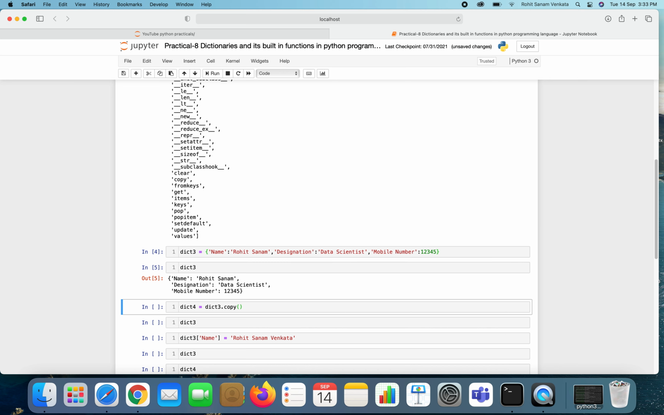In Python there are two different types of copies: one is a shallow copy and another is a deep copy. What is the difference between the two? The main difference is, in a shallow copy, whenever we change or modify the original data structure, that may be a list, dictionary, anything, the changes made to the original one will not get reflected in the copied version. Whereas in a deep copy, if any changes are made to the original one, the same change will get reflected in the copied version also. So here I am going to do a shallow copy of dict3